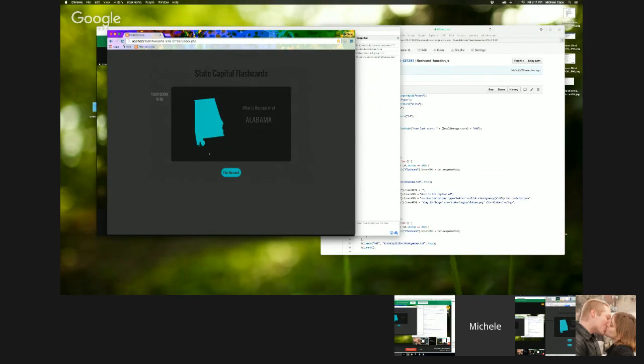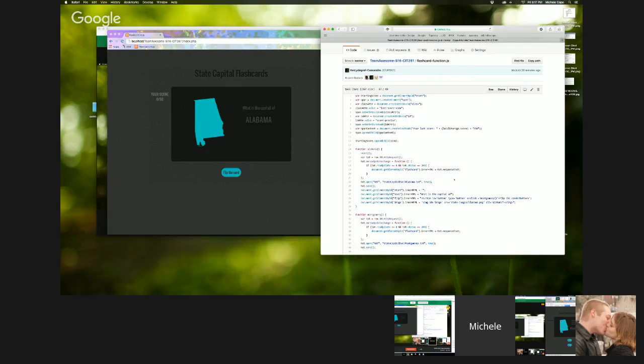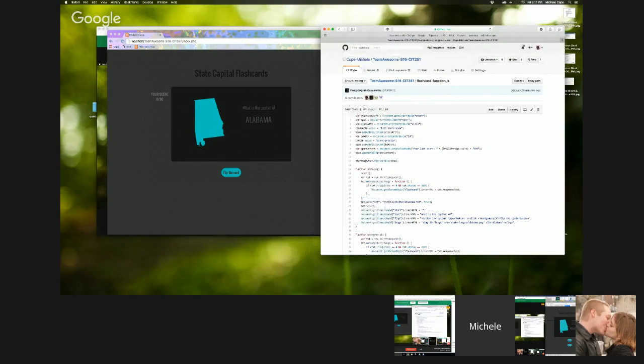I also helped create the score display at the very end on the United States, and I created all these web-optimized images of the states. Those are some of the ways I feel I've contributed the most.